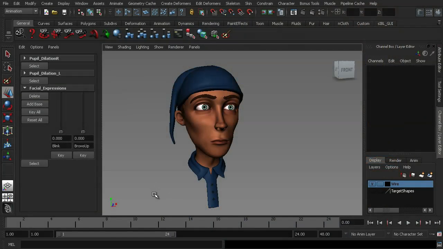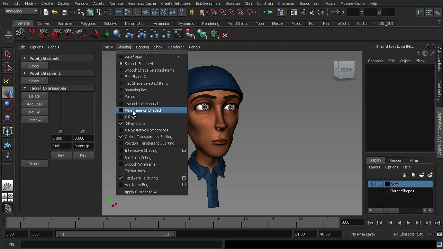Alright, so now we're going to have a look at a more complex example of a blend shape, and we're also going to be taking a look at the primary use for blend shapes, and that's to create facial expressions for our characters. Now what you'll see here is on this basic head that I've got a blink and a brows up shape already applied, and before we go ahead and demonstrate what they do, I want to first turn